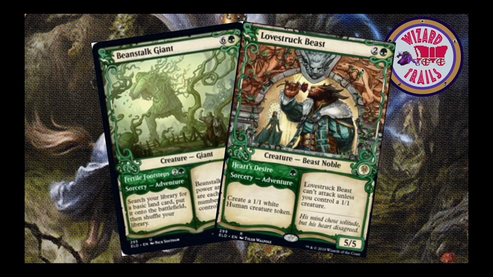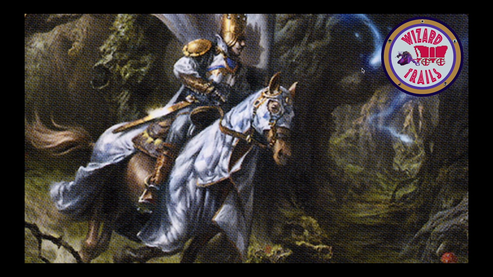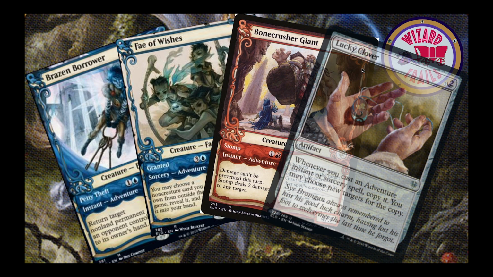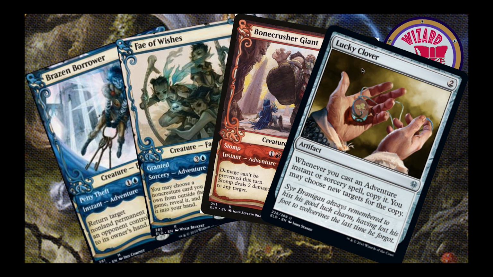It plays a shell that's similar to something I've streamed previously, which is a Ralzeric combo deck. But we're looking at a Teamer Reclamation and a Teamer Adventures deck. So this one is going away from Ralzeric and Wilderness Reclamation, and we're just going with all of these adventures. So we have the Fertile Footsteps off the Beanstalk Giant, we have Lovestruck Beast, but then we also have Brazen Borrower, Fae of Wishes, Bone Crusher Giant, and then a new card that's come out of Eldraine, which is called